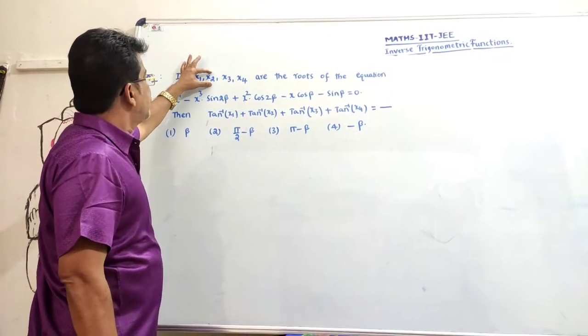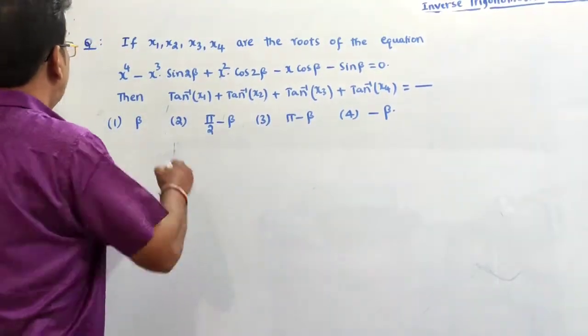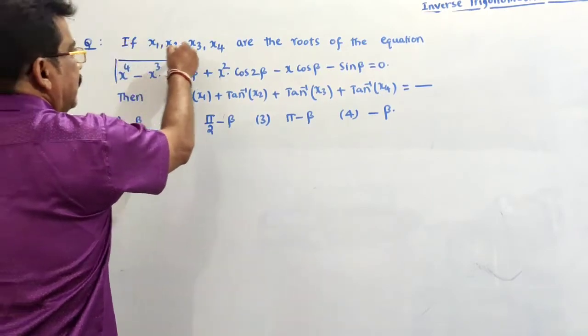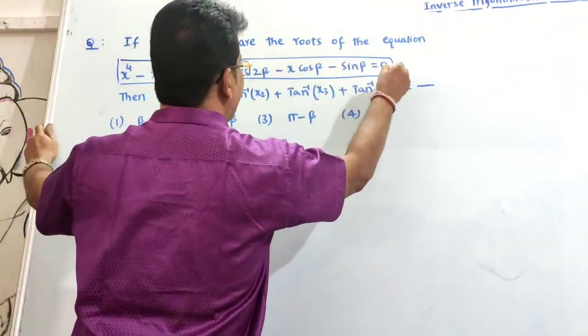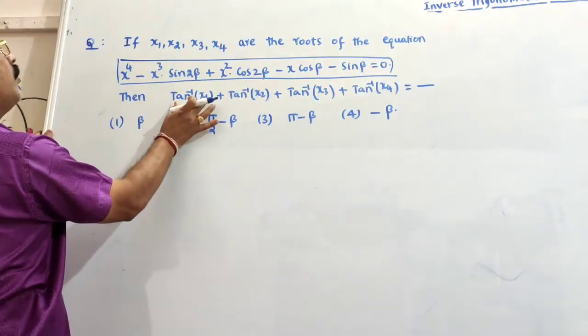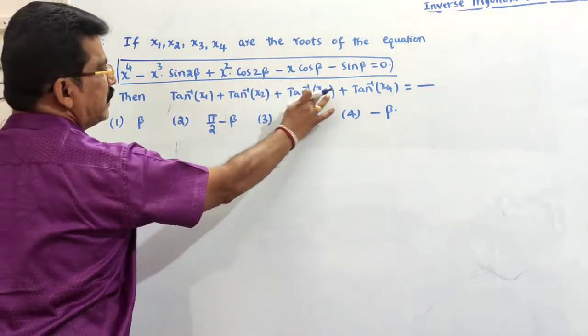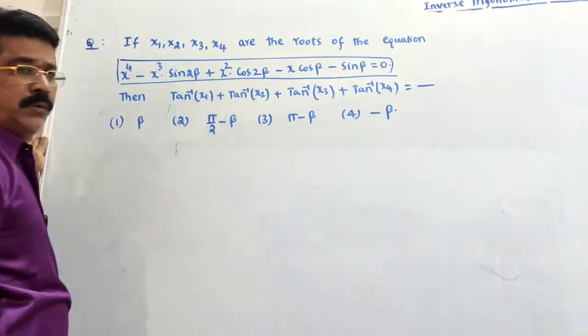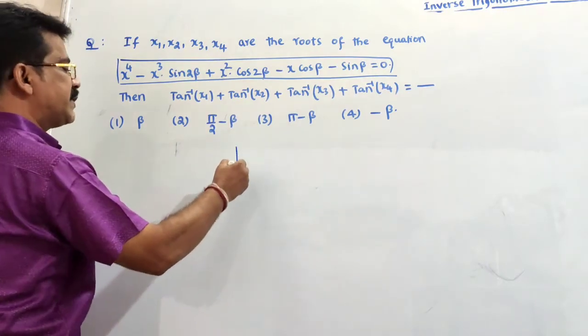If x1, x2, x3, x4 are the four roots of this biquadratic equation in terms of x, then find the value of tan inverse of x1 plus tan inverse of x2 plus tan inverse of x3 plus tan inverse of x4. First root, second root, third root, fourth root. Okay, this is the question. Now, in theory of equations,